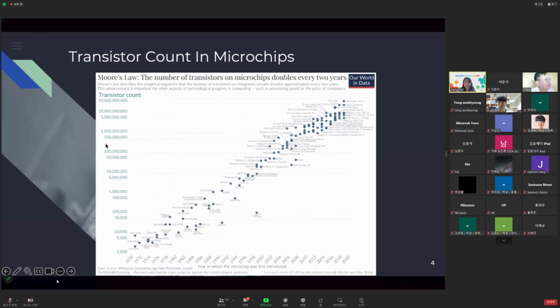You can see that the chart starts from 1970, and it's still a little bit old chart, so it ends in 2020. And you can see that the transistor count increases exponentially, right? This is exponential scale. So you can see that it was just a few thousand in 1970, but now it's